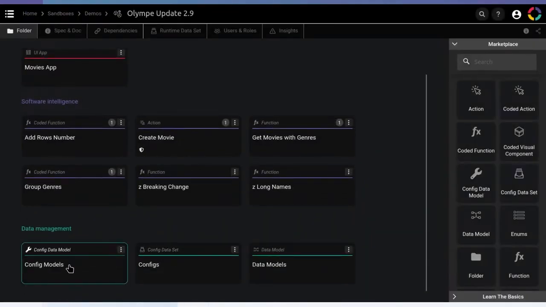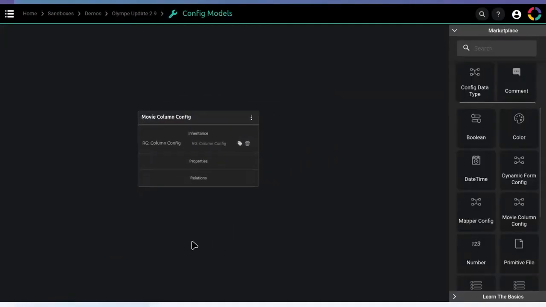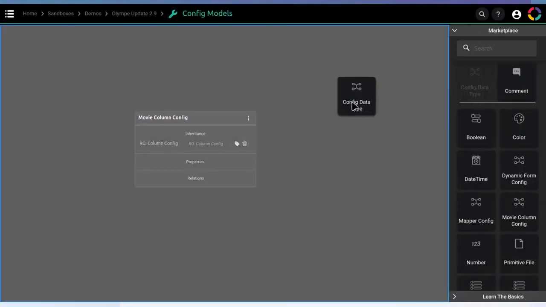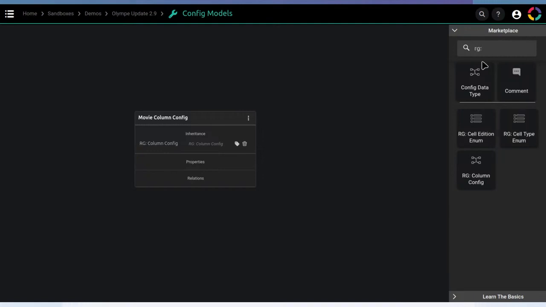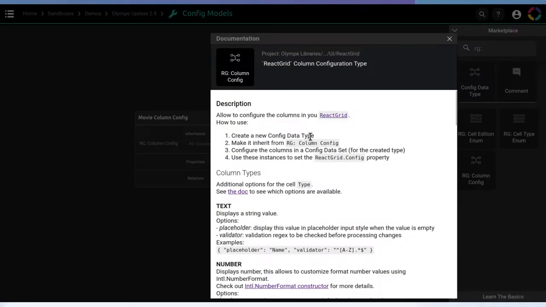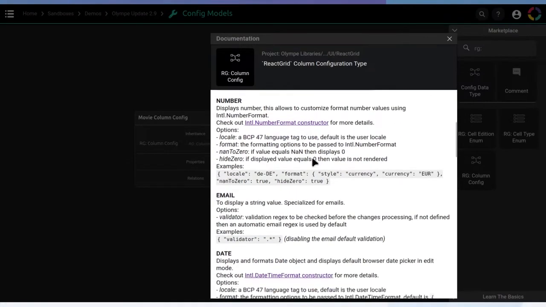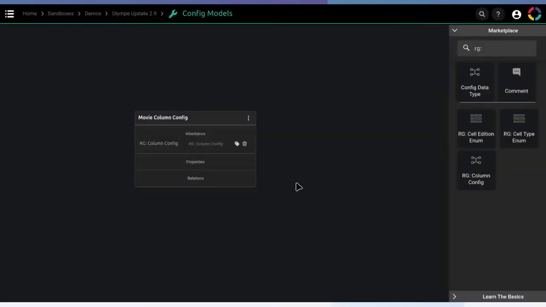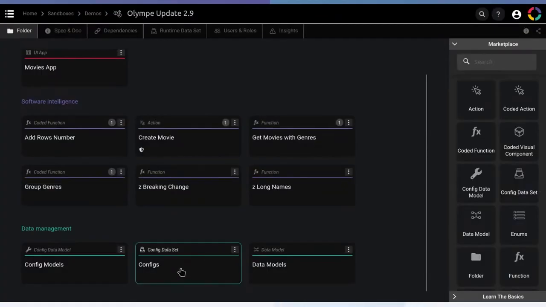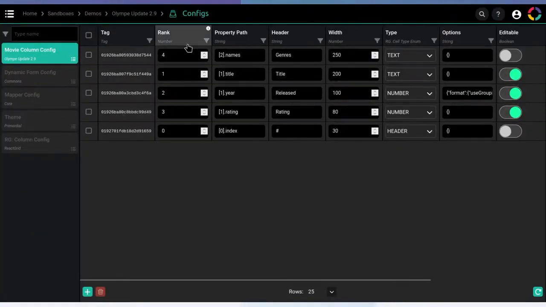If I go into my config data model, I basically created a new type and I made it inherit. If I search for RG, we have column config here, which thanks to the new Spec&Doc for data type has a lot of information about what you can do with it. And from here, I can create a config dataset. And basically,